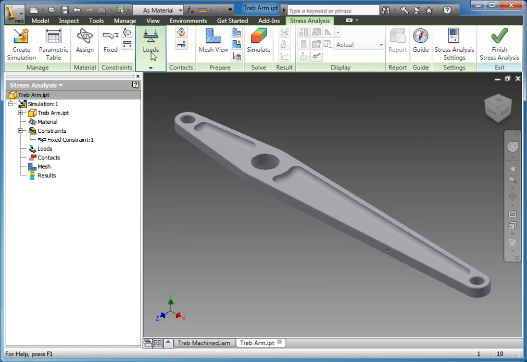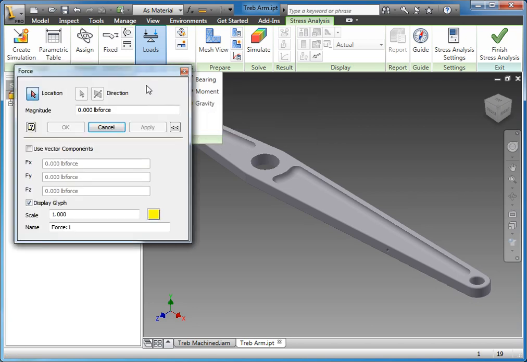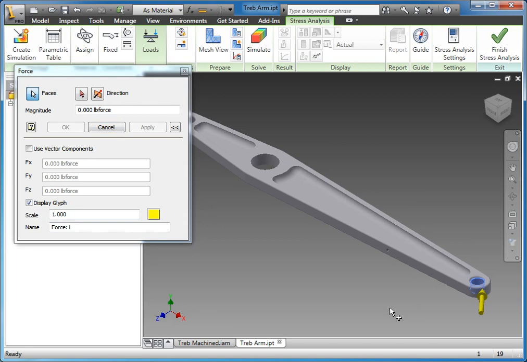So next we're going to go ahead and create some forces to apply to the model. In this case, we're going to use the hole on each end as the place to apply the force. And here, when I selected it, it puts the force in at a strange angle. If I had straight lines in this part, I could actually just select a straight line to align the force vector. In this case,